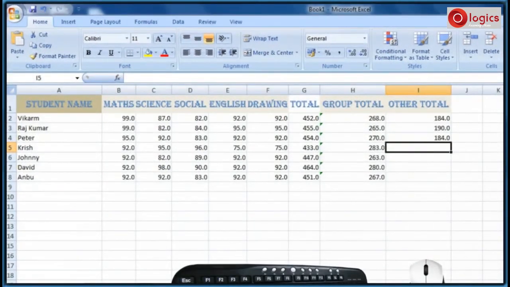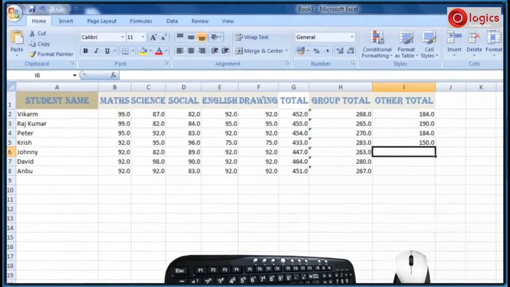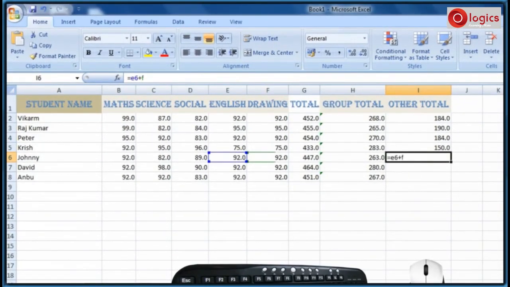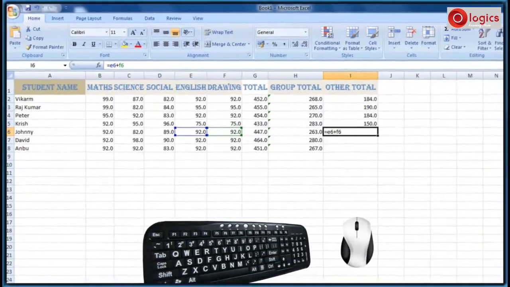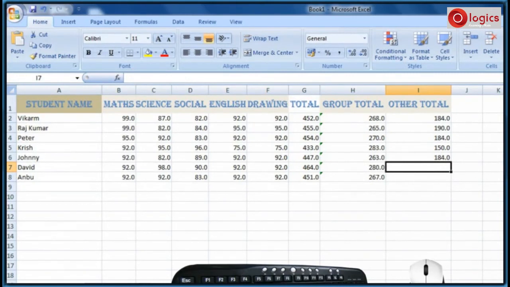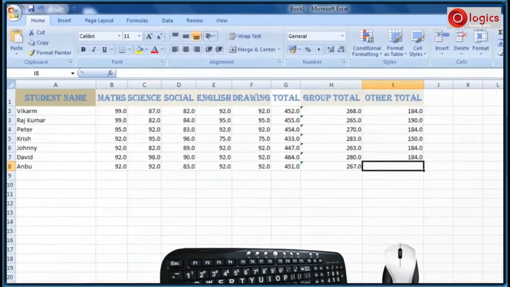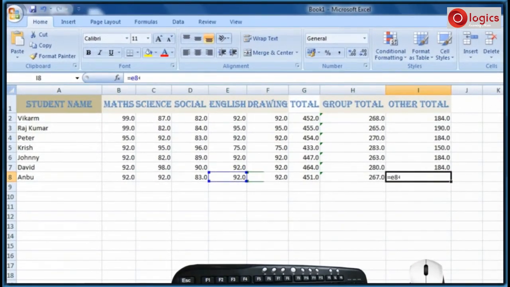Similarly, E5 plus F5. This is the last row for addition. Here the cells are E8 and F8.